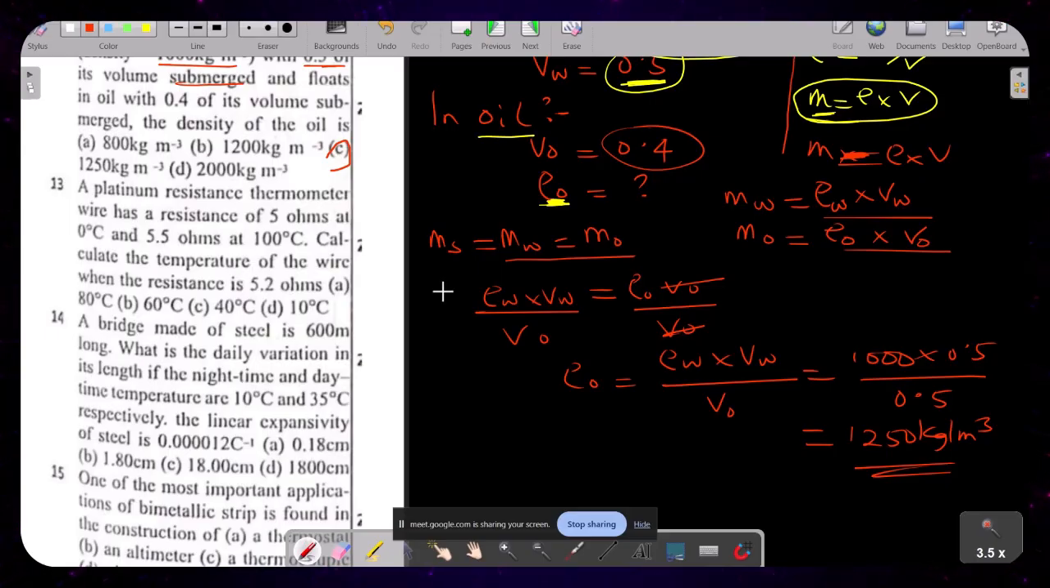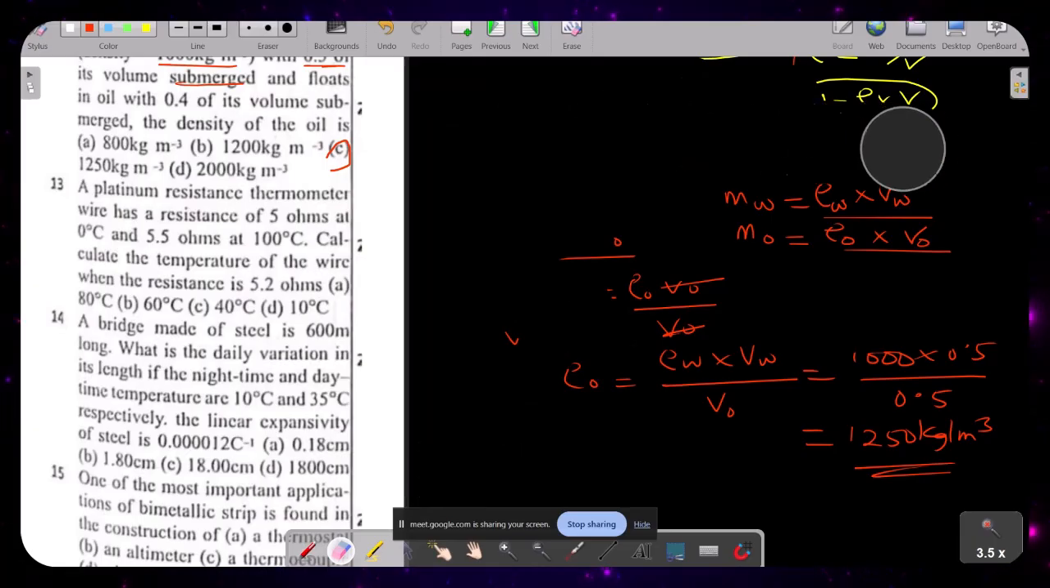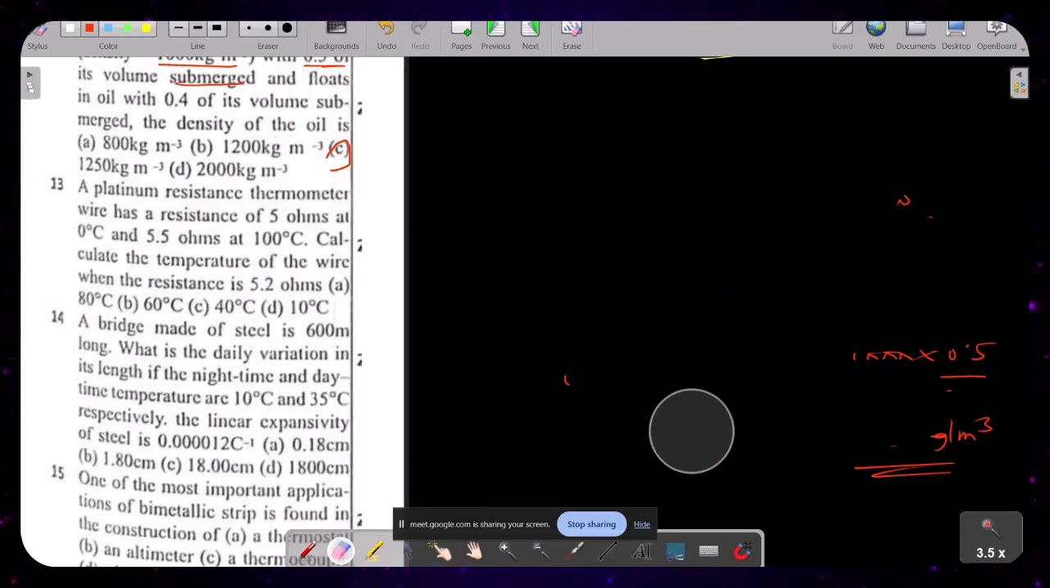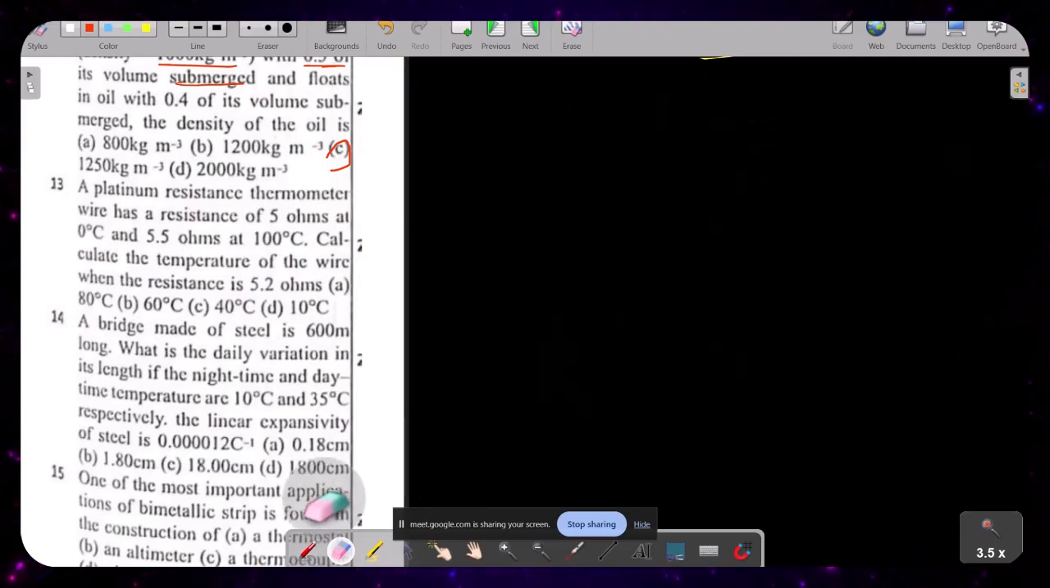Who can solve number 13? So they will ask in your JAMB physics. It's very, very simple. They are not difficult at all. So let's look at question number 13 altogether. Question number 13 says a platinum resistance thermometer wire has a resistance of 5 ohms